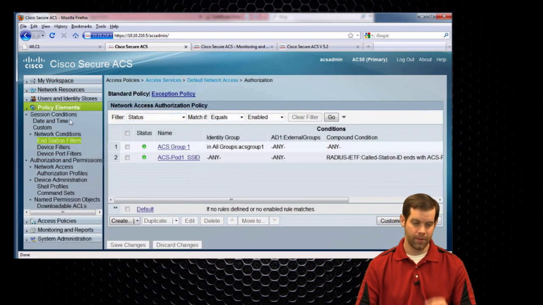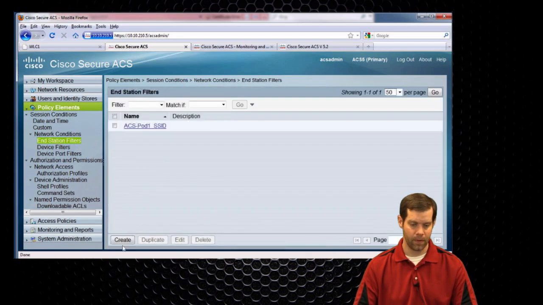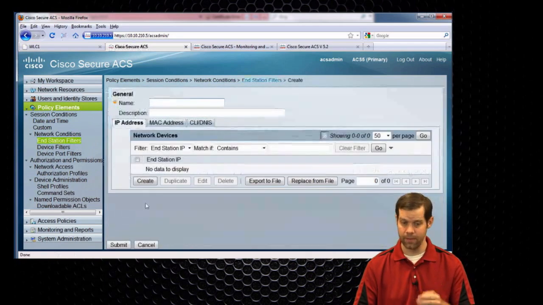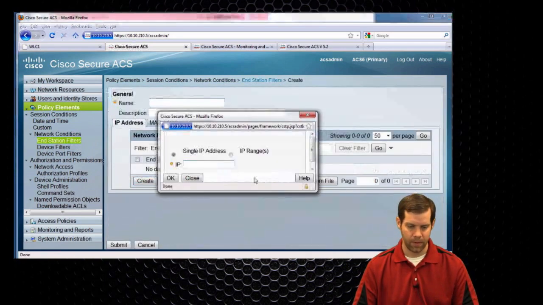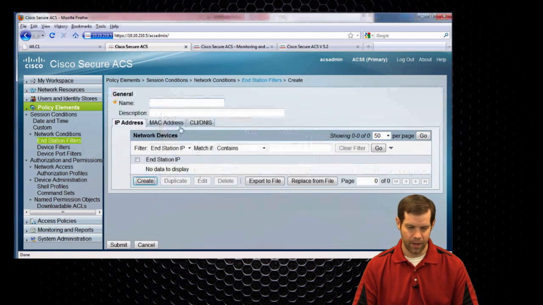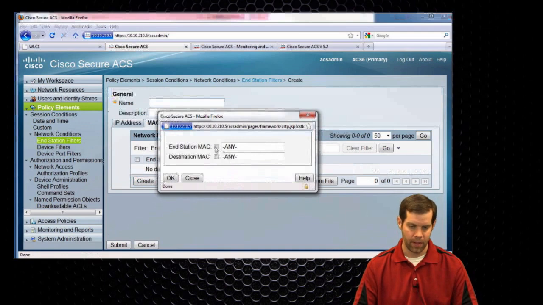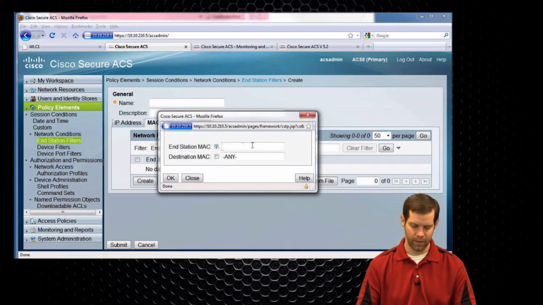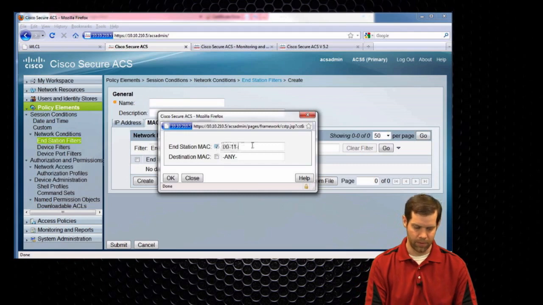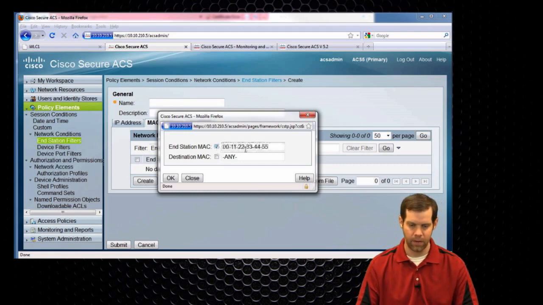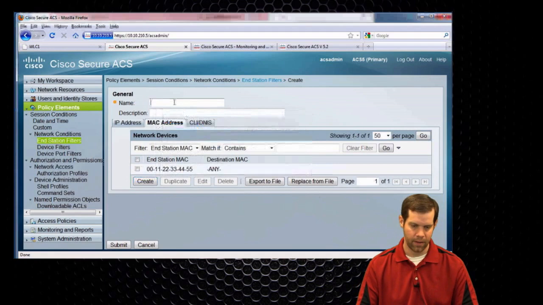And in your policy elements, you could create an end station filter. End stations would be just clients. And I could create one that matches on a specific MAC address and say, okay, if the end station MAC address, which is the client, is 00112345, which is the MAC address of my client,